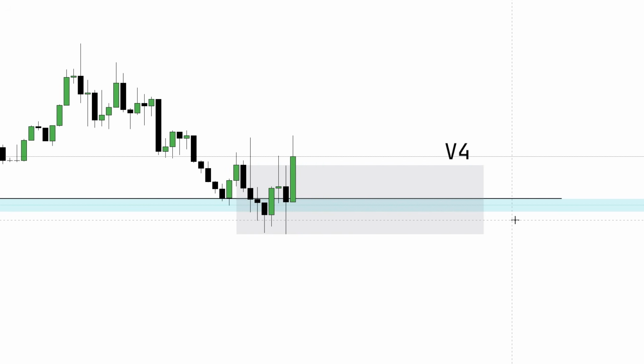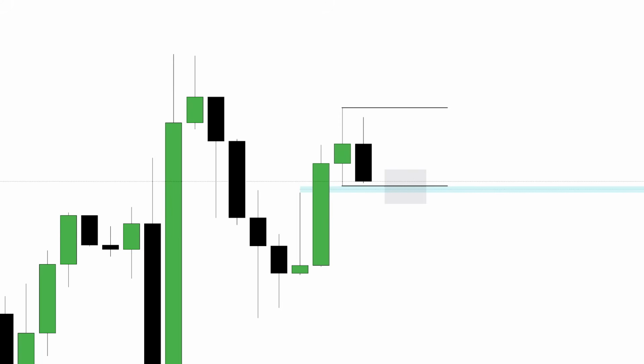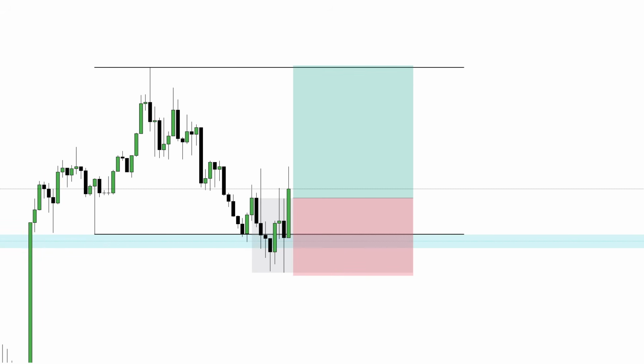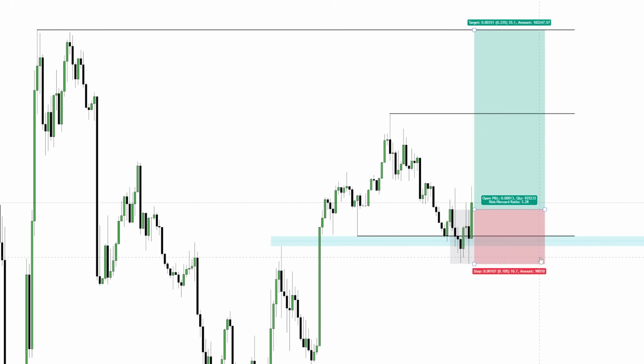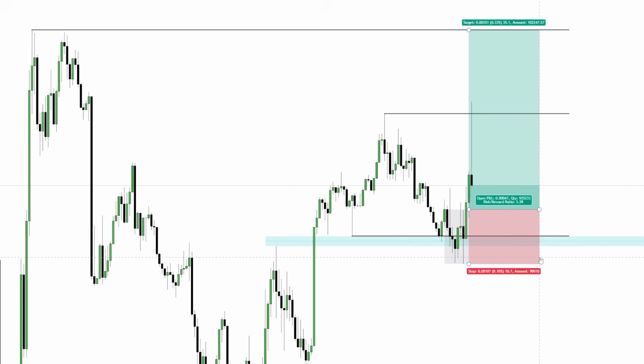But a very important aspect is the trouble area or target, where we will place the take profit. Remember that the target equals the point of interest. Thus, variable 5 will be the closest fractal or fair value gap on the 4-hour chart. In our case, this is the fractal high. If the risk-reward ratio is acceptable for us, we can enter the position. Here we have 1.75, which is not suitable for us. In this case, by risking more, we can place the take profit at the next fractal and get 3.28. We can enter the position.